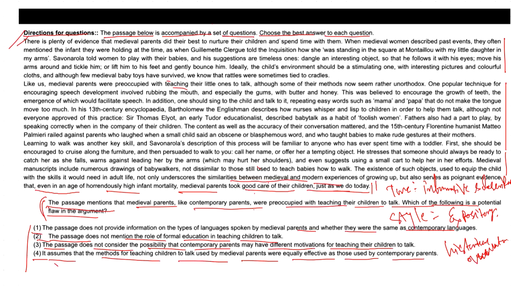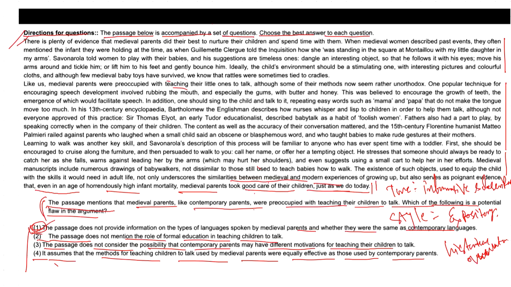Let's move to each one of them and analyze them and try to get which of the options will be called a potential flaw. Now, if I look into the first one, the passage does not provide the types of language spoken by medieval parents and whether they were the same as contemporary languages. So I could say that the option one is actually